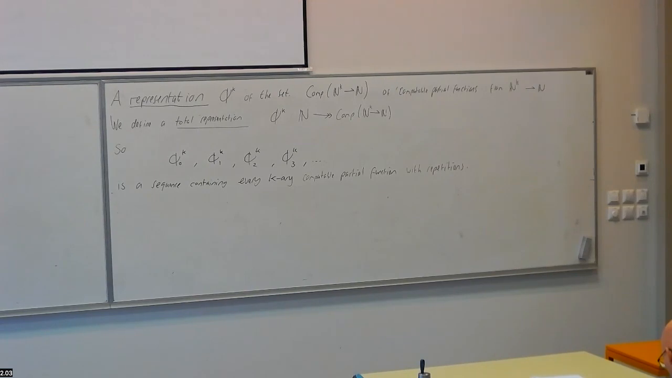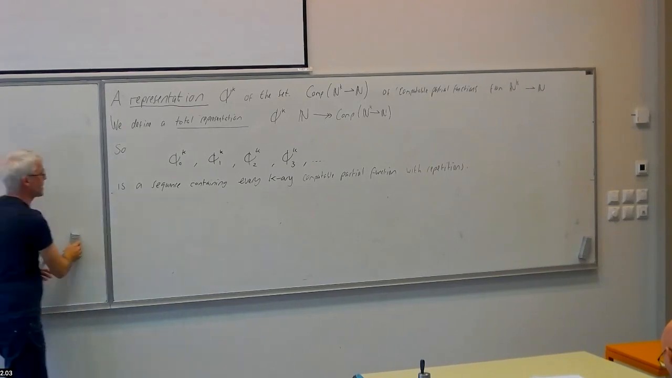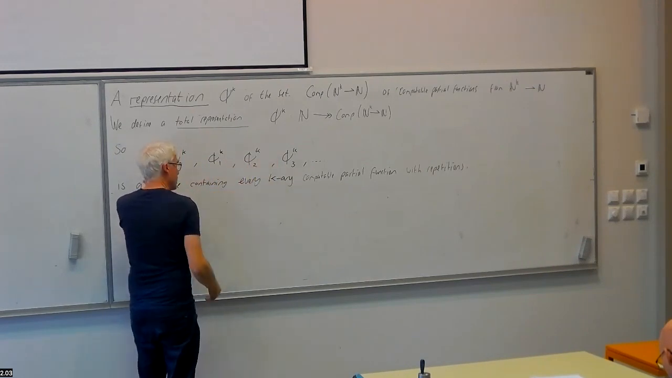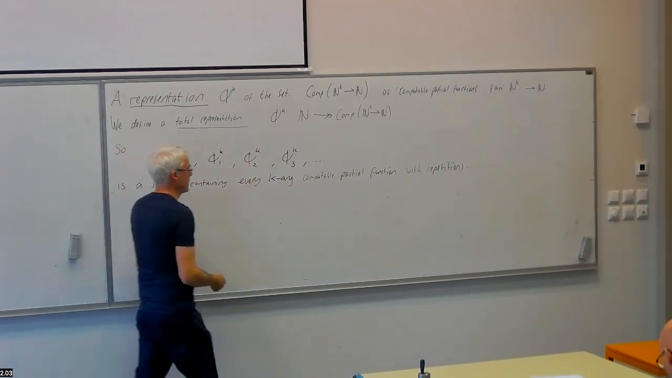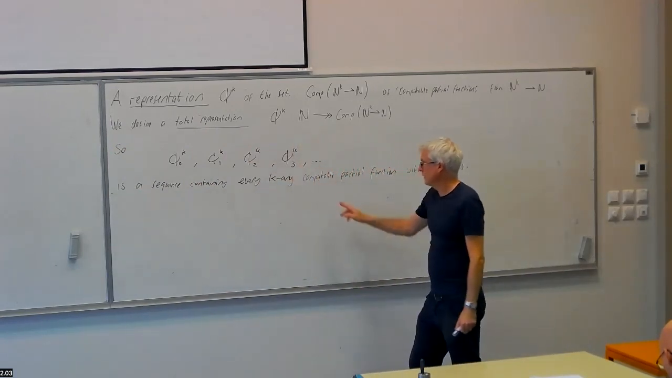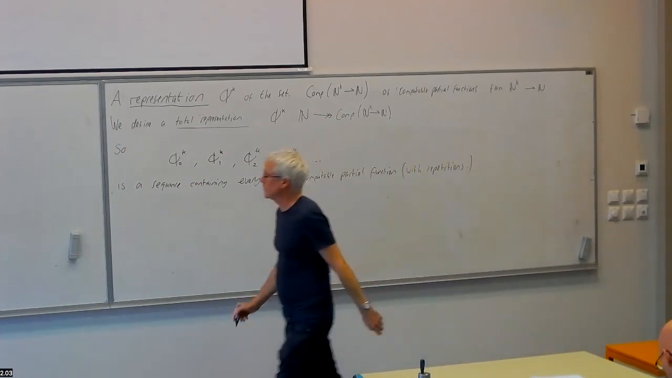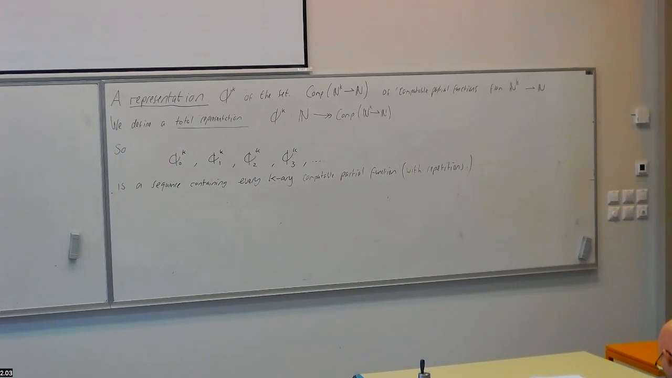So essentially, we find the consideration of representations a bit abstract. All we're doing is we want to define, in a nice way, a sequence of computable partial functions in a sort of uniform way that is going to include every computable partial function of arity k. So to define phi superscript k,